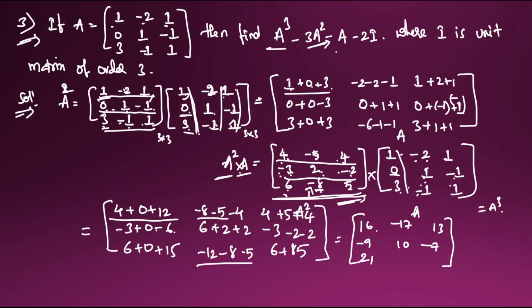This total will become 13 plus 20 minus 25 will come now. So minus 25 will come, and again 6 plus 8, 8 plus 5, 8 plus 5 is equal to how much? 19 will come here. So this is 19. So we got a cube, we got a square, and a we know. So this we have to do, and after doing this we have to find the value. That we'll do on the next page.